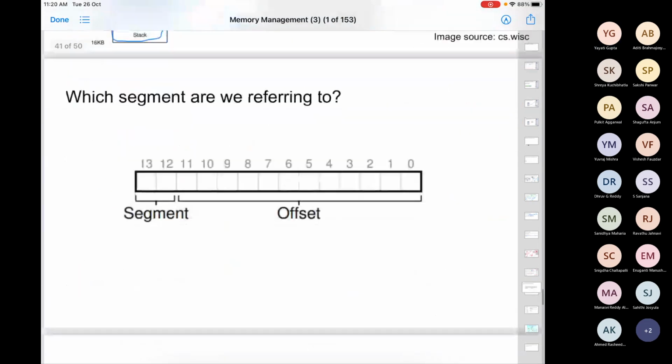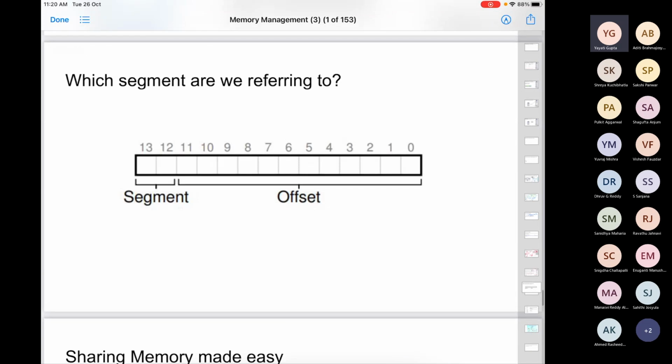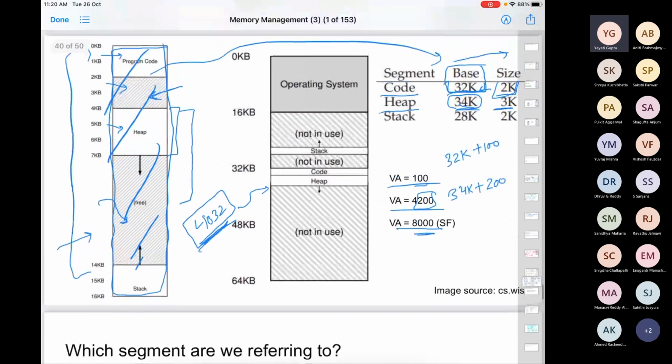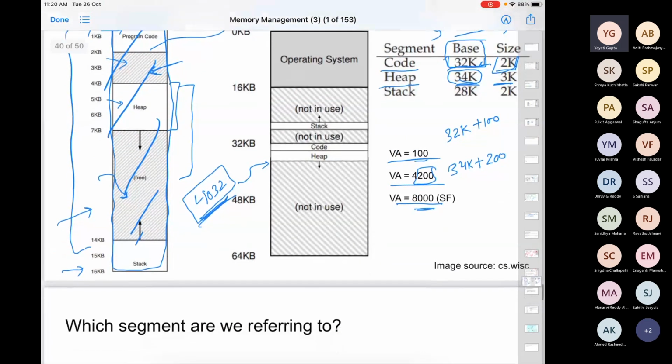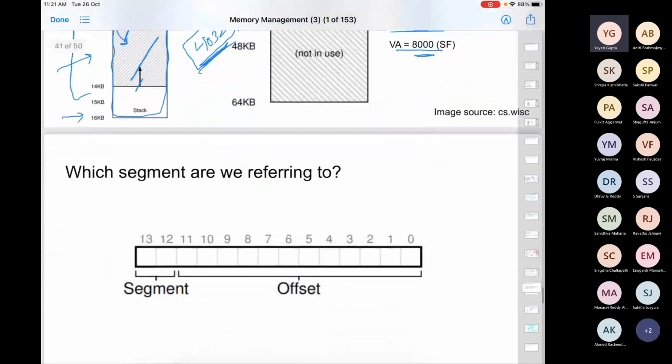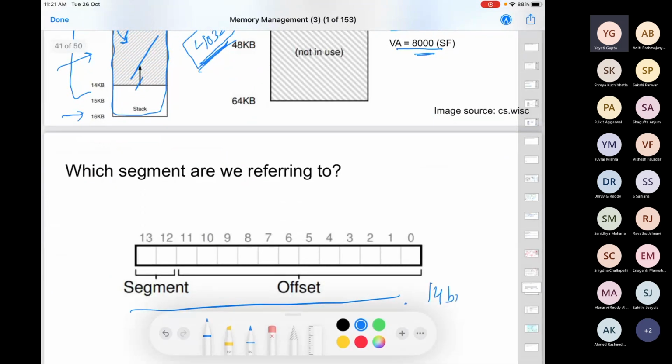The idea is, just like we were using the page number, to use something called a segment number. For this particular example, there is this 16 KB of virtual address space. If you do some calculation, you can figure out that for 16 KB you will need an address of 14 bits. How much is 16 KB? 2 to the power 4 into 2 to the power 10, that is 2 to the power 14. So you'll need 14 bits for a virtual address here.